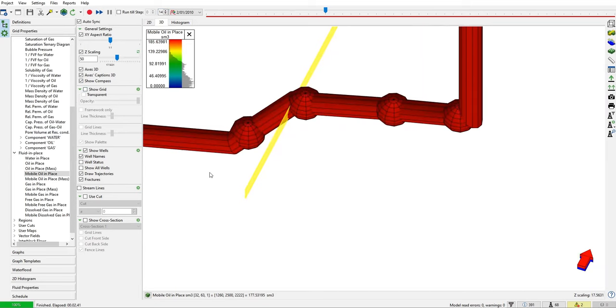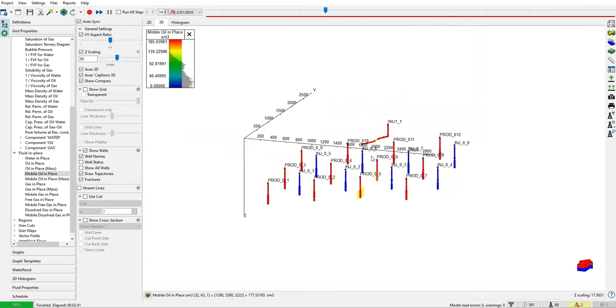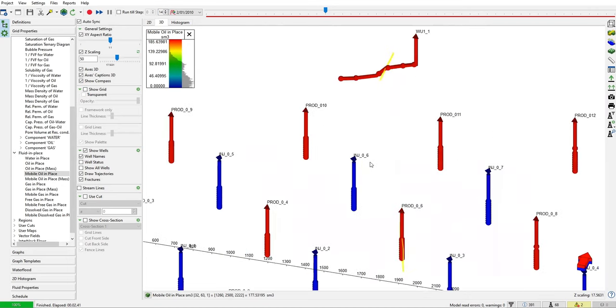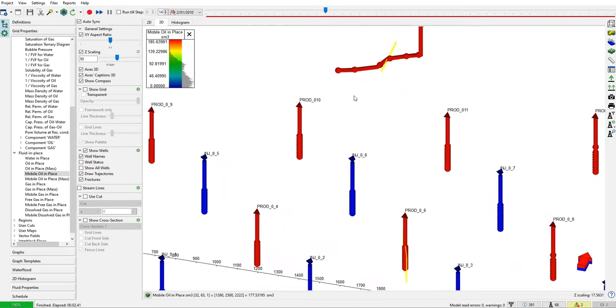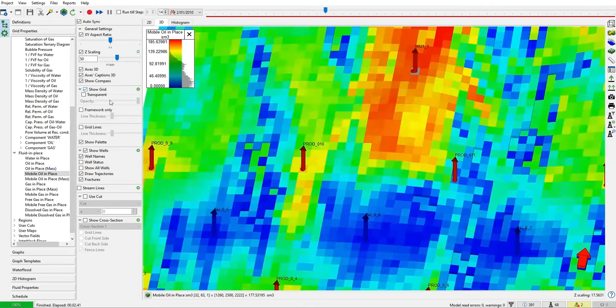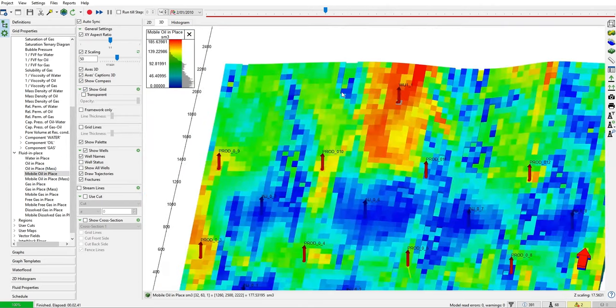And by the way, it has been relatively easy so far, right? Hopefully we can also learn about making the fracture using keywords without relying on the user interface. It's possible, by the way. All right, and then I think it's okay. So let's tick again the show grid, and then we go back to